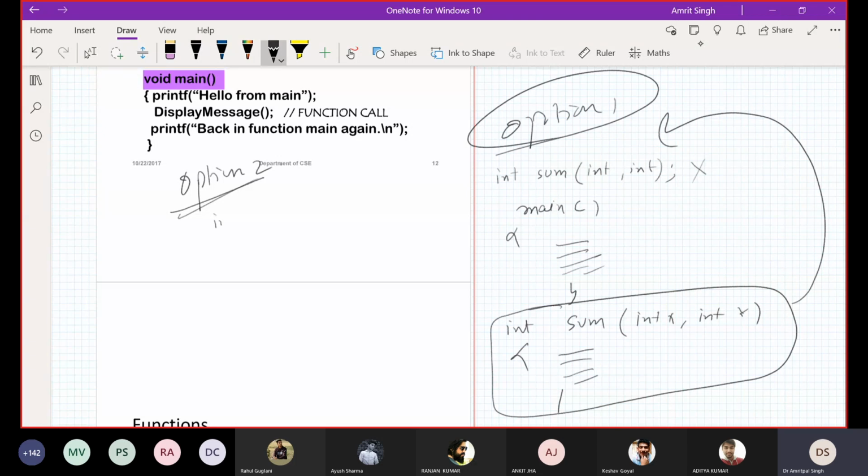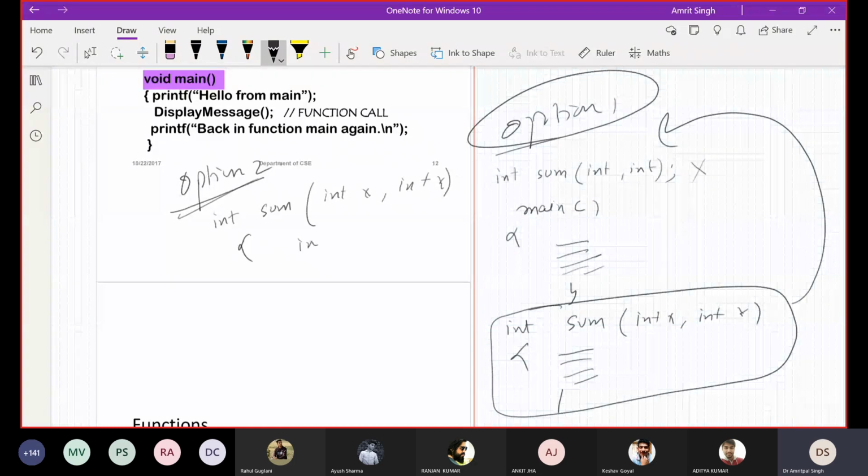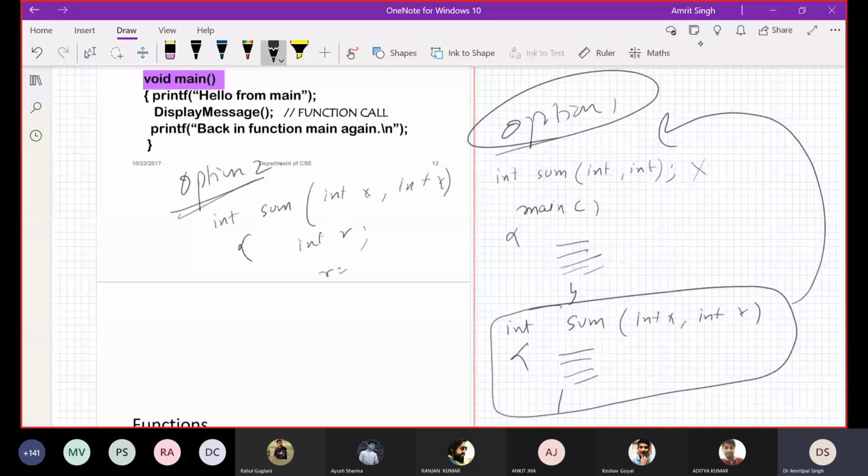So if you write the full body of your function before main, then no need to give a prototype.